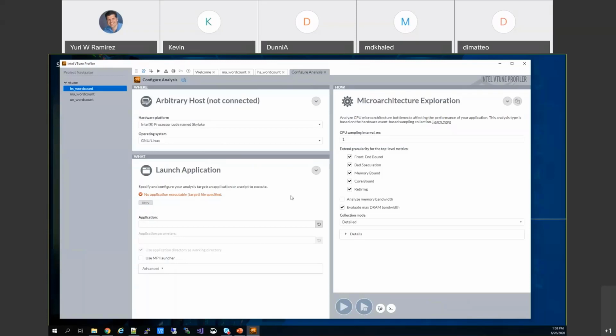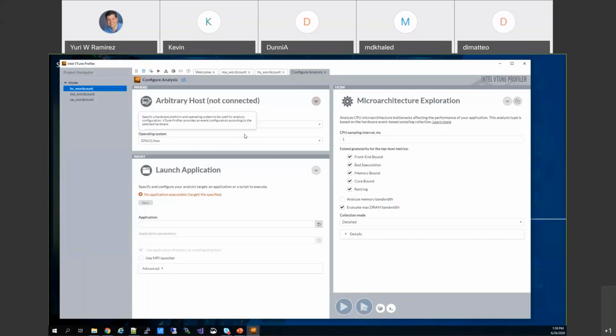But I'm running this in VTune on Windows. If I were to just try to generate a command line using the local host, that's not really going to work for Linux, because it's going to generate a Windows command line, and maybe I'm running on an old Haswell, but my server is a Skylake. So this lets you generate that command line for the system that you want to run on